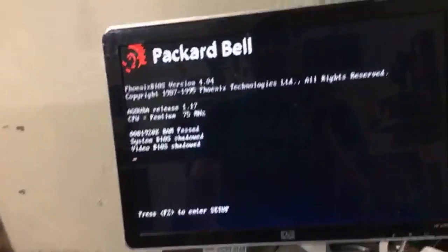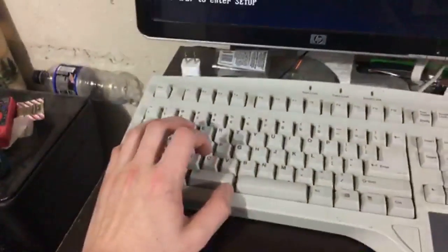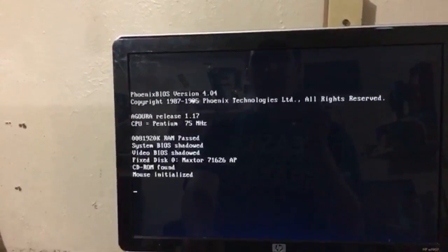Although we'll see if it'll boot off of a CD. Sometimes holding down C helps. I don't know. I guess we'll find out. Come on, can't go any faster. Damn. Work. Nope. Oh, it did boot off the CD. Sweet. It did boot off the CD. Cool. I couldn't remember if this system actually...